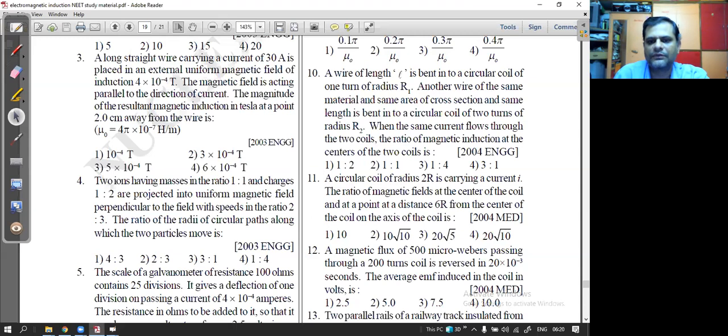वाला सम जो है वो देख सकते हो आराम से। एक सिंपल सी बात है, a circular coil of radius 2r is carrying the current I. The ratio of magnetic field at the center to the magnetic field at the distance 6r from the center along